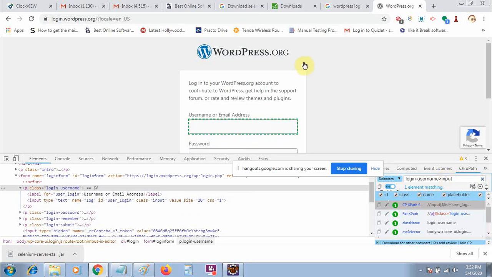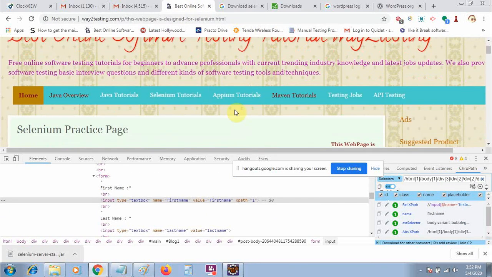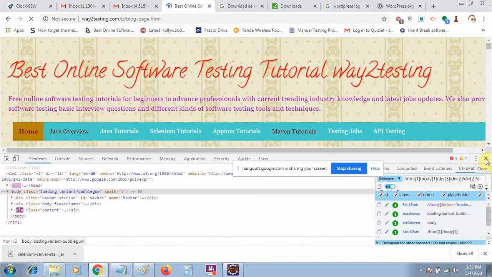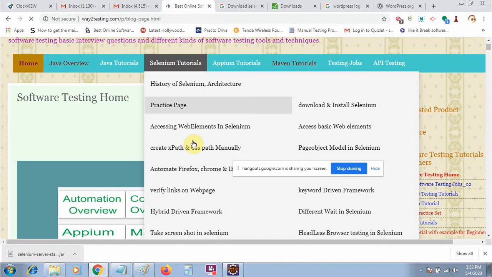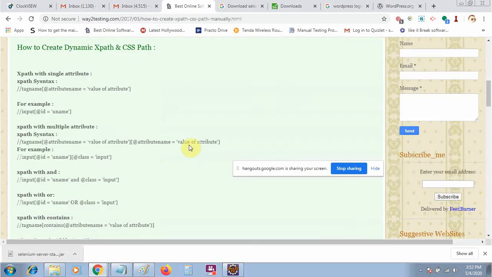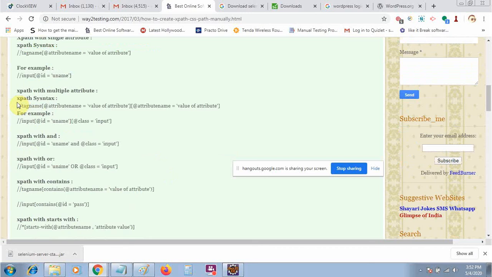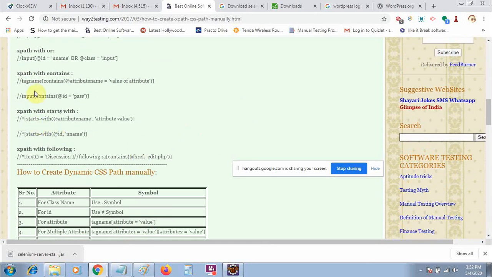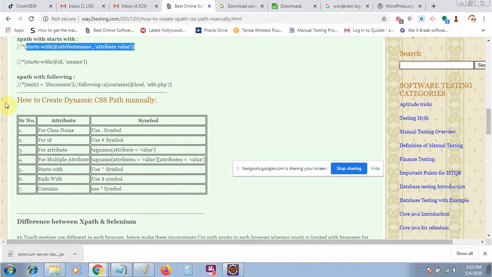Okay, so this is the general way, and I have already explained it in more detail on my website, like how to work with the different XPath. In the next tutorial we will discuss only XPath, like how to create advanced XPath and dynamic XPath. I have just given you the different structures for creating the XPath: tag name, attribute name, multiple attributes, and you can also use the contains method, and sometimes the starts-with method. For the CSS you can also use the class name with dot, and for ID the hash. So these are all the things you will basically use.